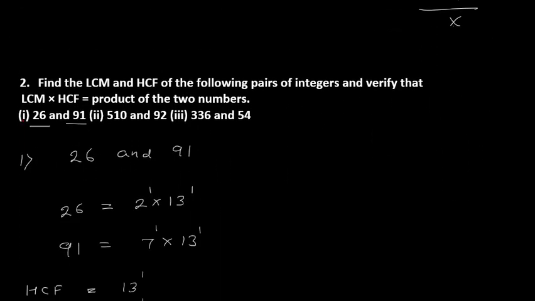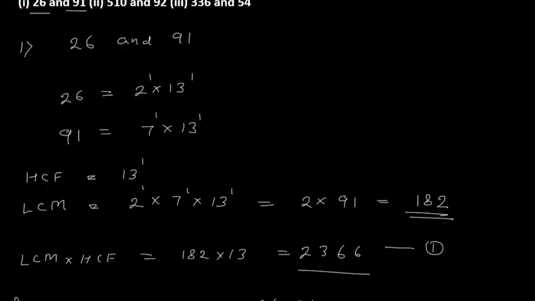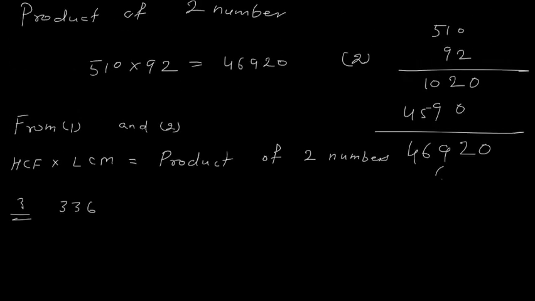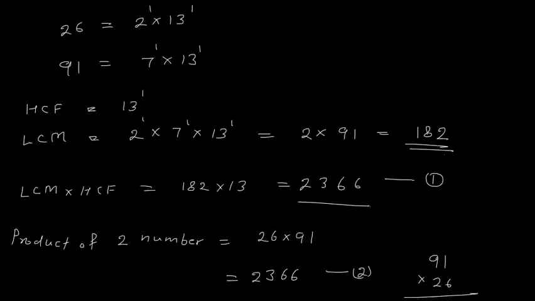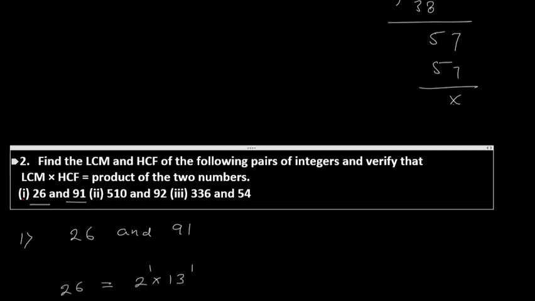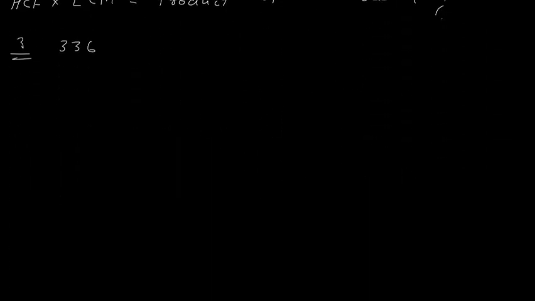Okay. The third pair of numbers is 336 and 54. Chalo, let us do this pair also. This is a kind of practice for you all. 336 and 54. So the concept you already understood. You are doing some practice. So 336,